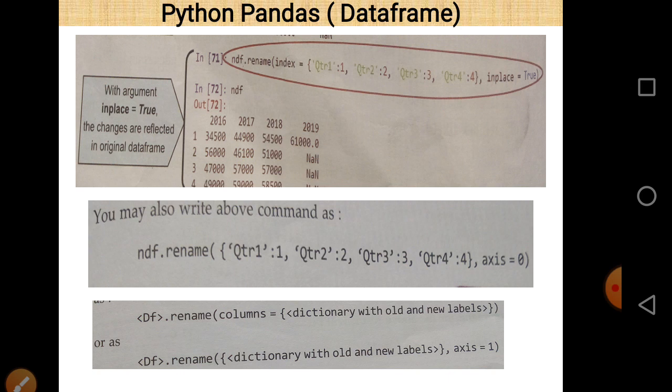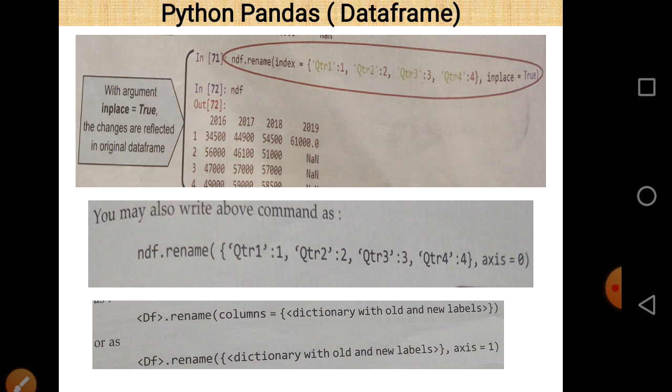In this example we can easily see that NDF is the name of the data frame, so we take NDF, then dot rename, and then QTR1 colon 1. It means QTR1 will be replaced by 1, and then QTR2 colon 2, it means QTR2 will be replaced by 2, then QTR3 colon 3 means it will be replaced by 3, then QTR4 colon 4, it means it will be replaced by 4, and axis 0.